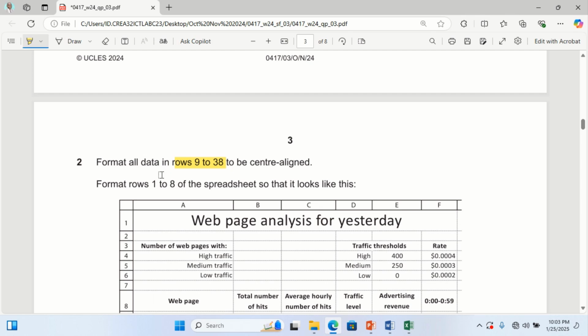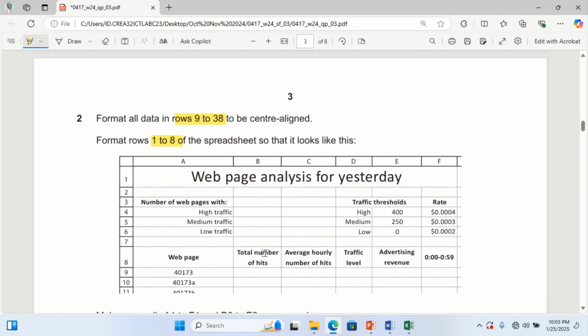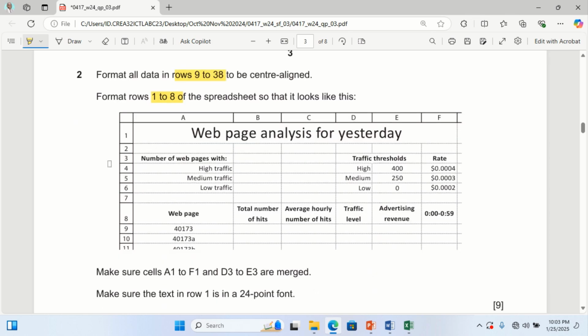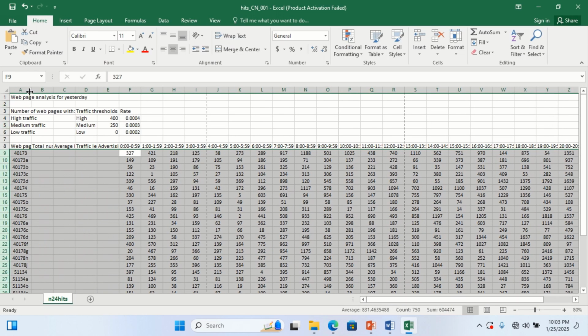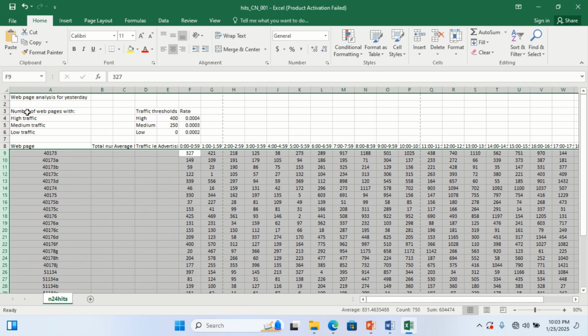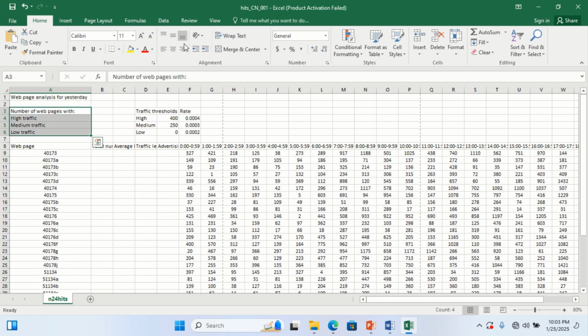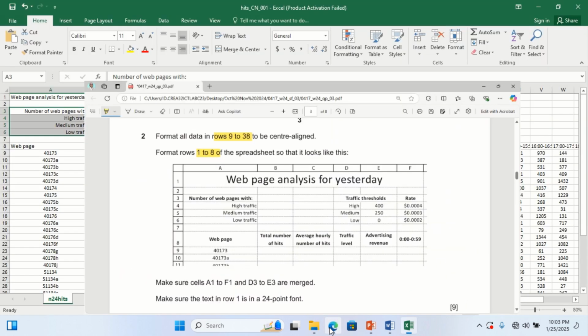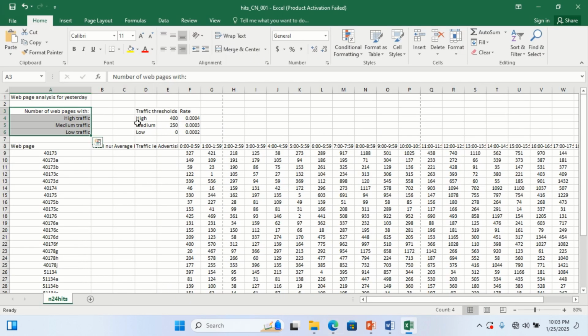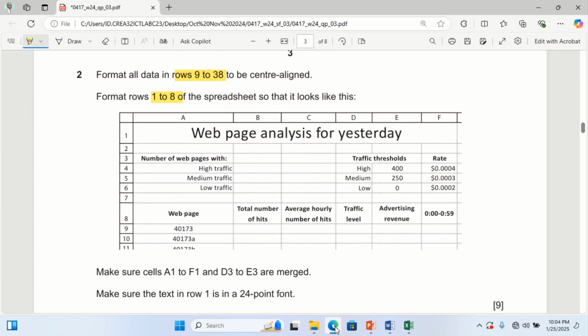Then format rows 1 to 8 of the spreadsheet so that it looks like this. Okay, so everything here is right aligned. Then this is right aligned too. Right aligned too. Then after that,